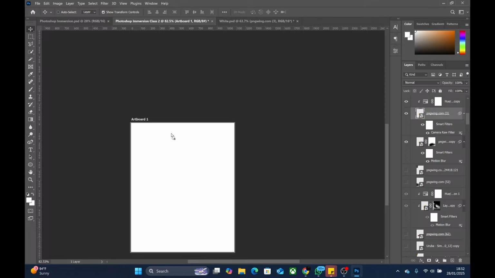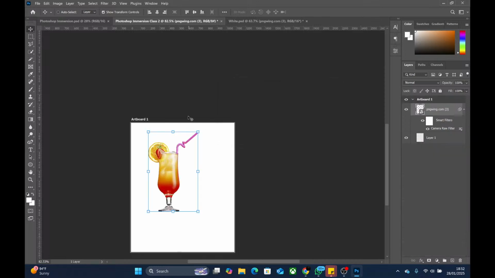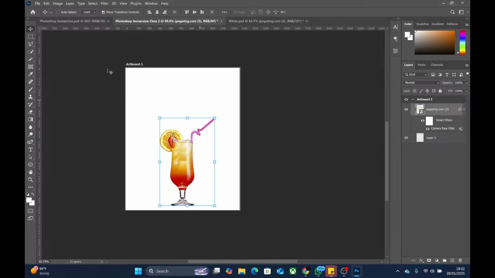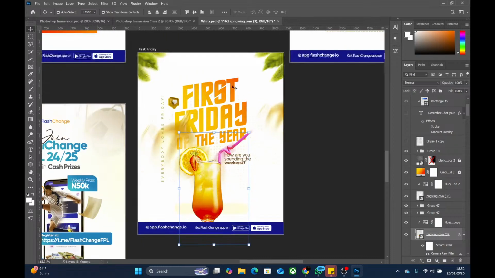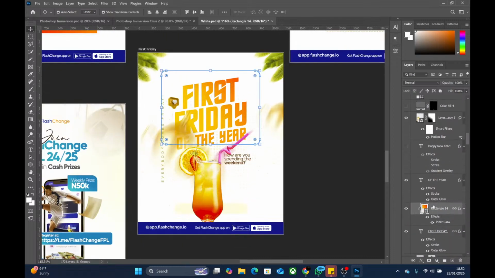You bring it down. When you get inside the artboard, you release the mouse and then it will ask you a few questions. Then you check yes, and then it will bring that image from the previous design to this place. Do you understand now? So from an existing design you can move something to another design. So if I need this first Friday, it's a combination of a rectangle and a text, so I can select the two of them.